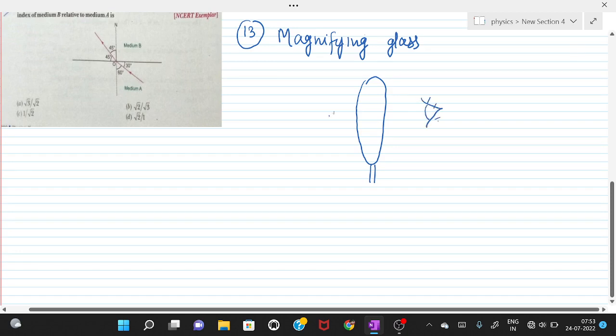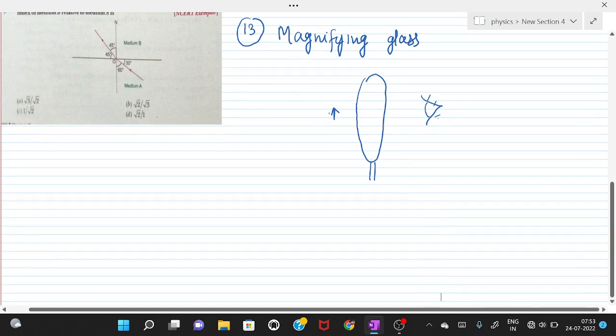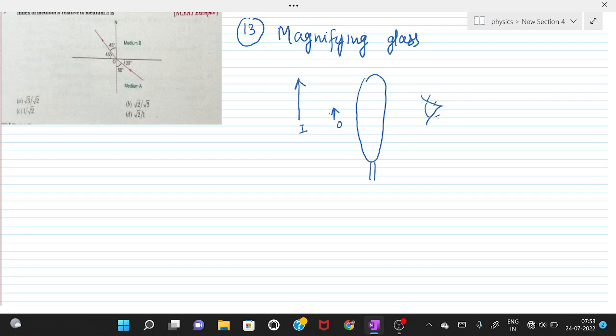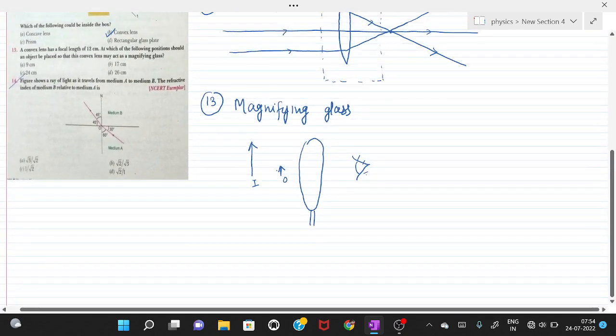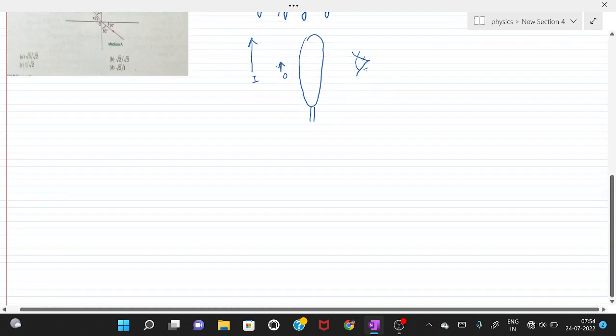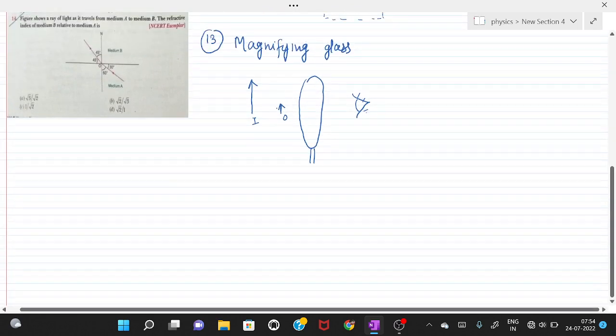Suppose the object is here. Then what this magnifying glass does, it gives a magnified image of the object. Suppose this is the object, this is the image. So what a magnifying glass does, it magnifies the size of an image, and we see the image. So my dear, let's talk about the question. At which of the following positions should an object be placed so that this convex lens may act as a magnifying glass? Here we can see that for a magnifying glass, object and image are at